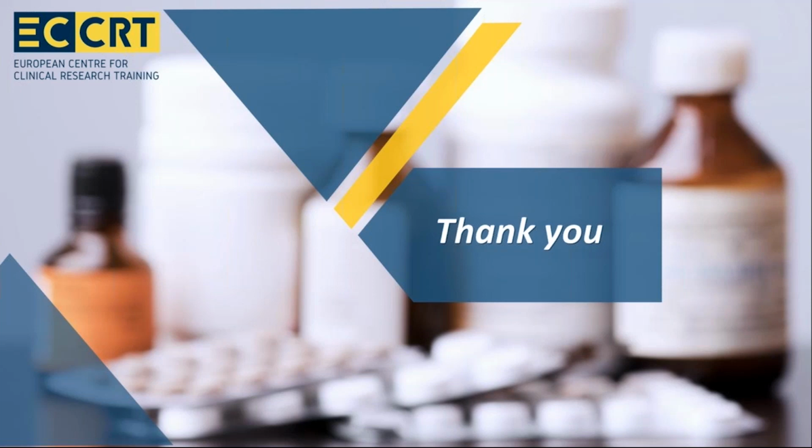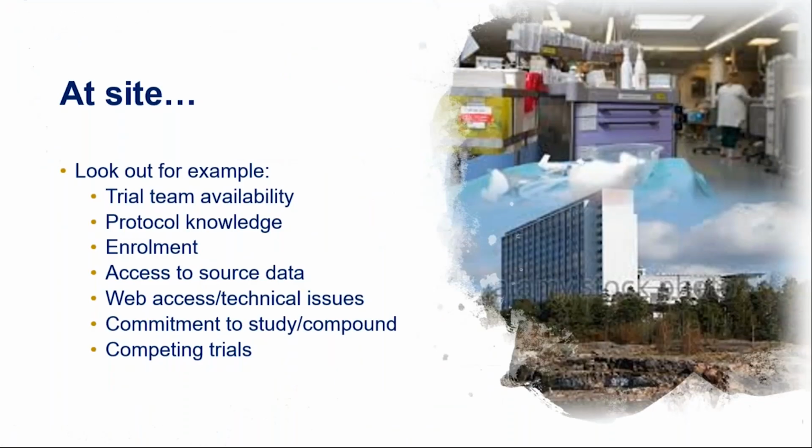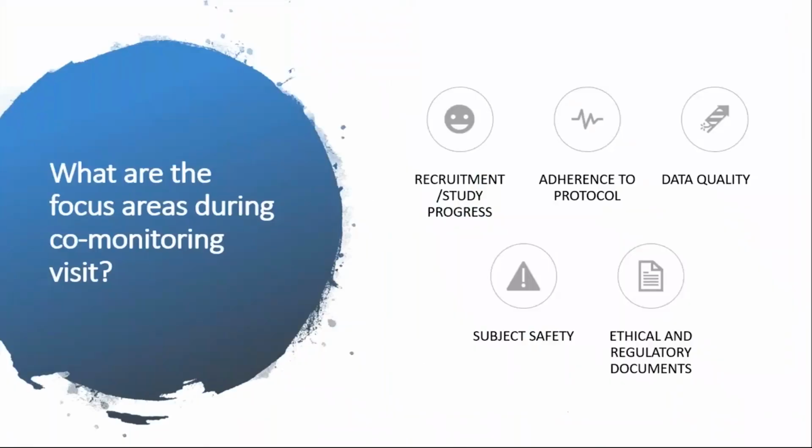Yes, thank you very much for that really interesting talk on co-monitoring, Elena. Yes, we do have some questions. The first one is, could you highlight a section in the regulations that indicate or imply that co-monitoring is necessary for this oversight? Yes, okay, so I'm going to go back to slide 5,